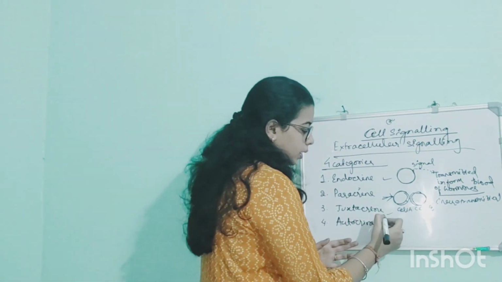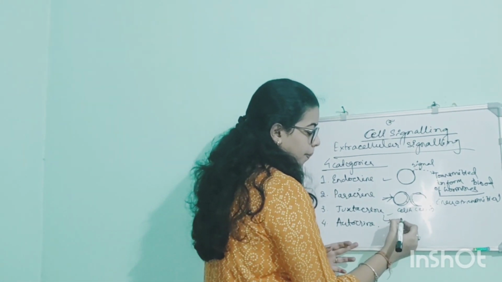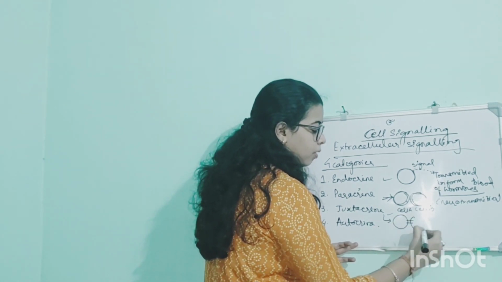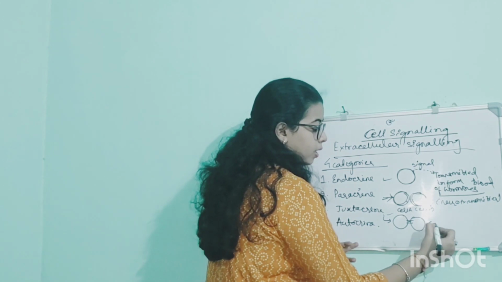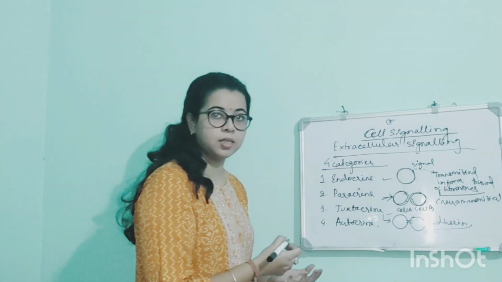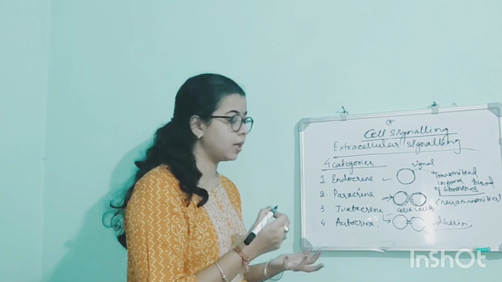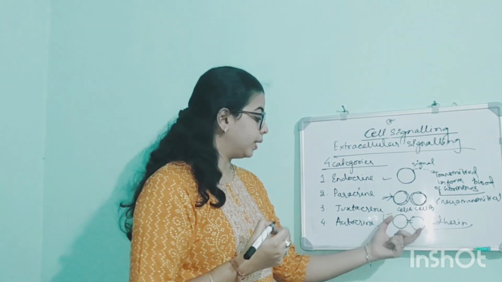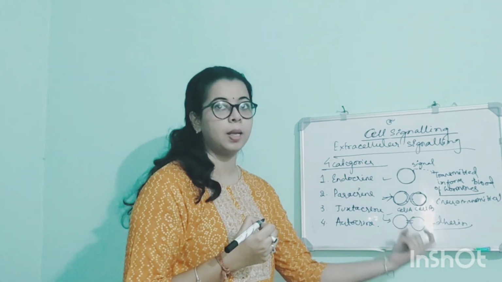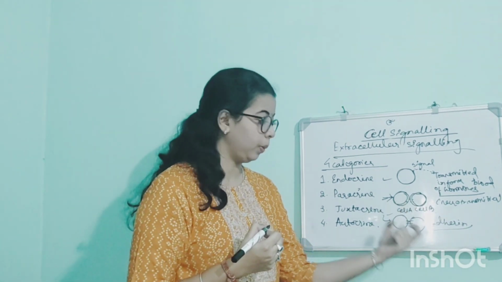Then what is juxtacrine? In this case, they need physical contact with each other. That means a channel-like structure, as in the cadherin signal. We will discuss all these things when we discuss cell junctions, then we will know what cadherin is. But juxtacrine requires physical contact between cell A and cell B when they are undergoing the signaling process.